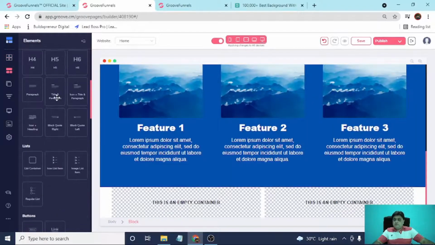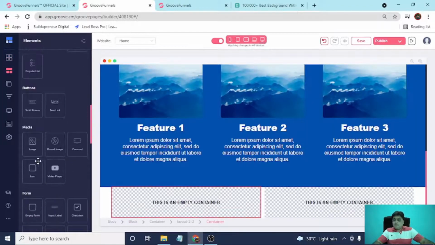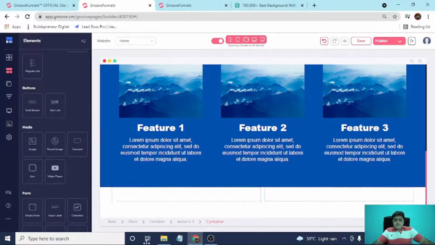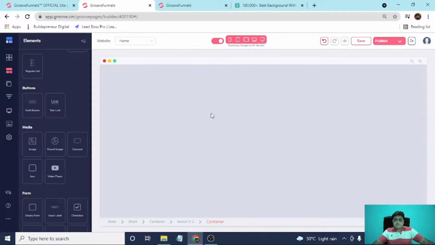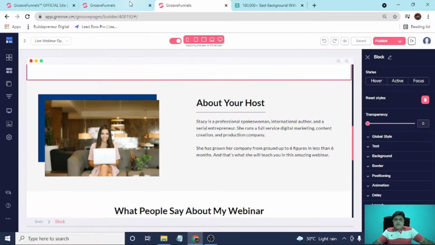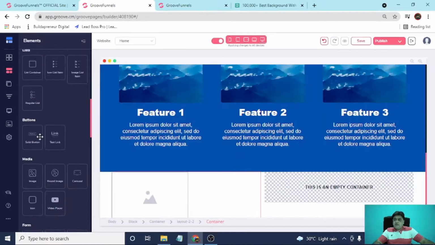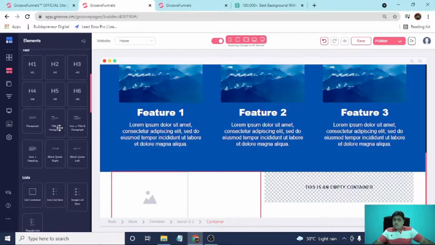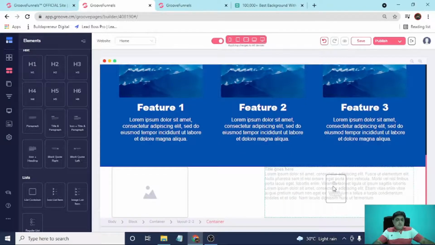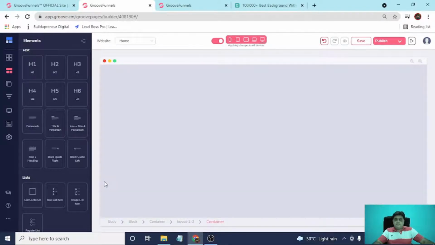Go to elements, select image, drop it here. Now for the text we have to select H1 and paragraph. We also have a title and paragraph element here. Select from there and drop it here.